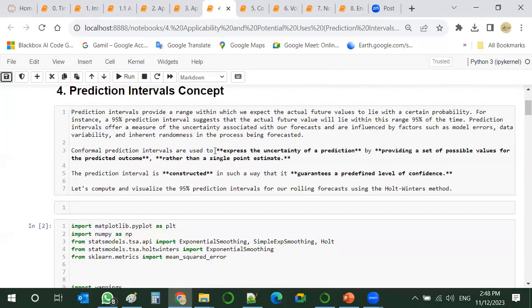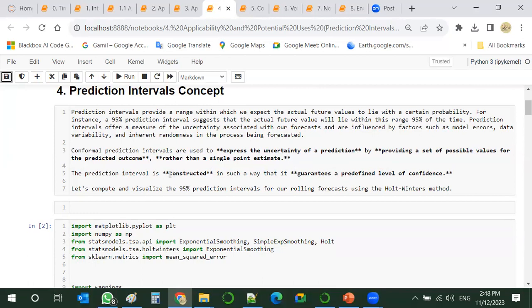So this expresses the uncertainty of prediction by providing a set of values possible to be in the predicted outcome, rather than a single point estimate.